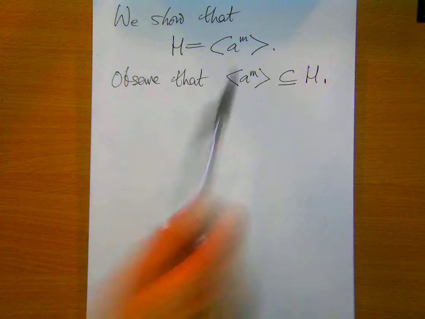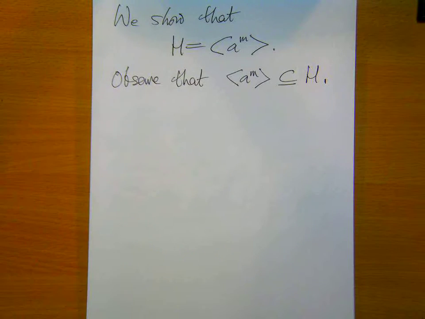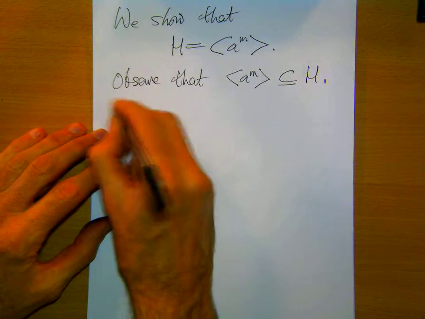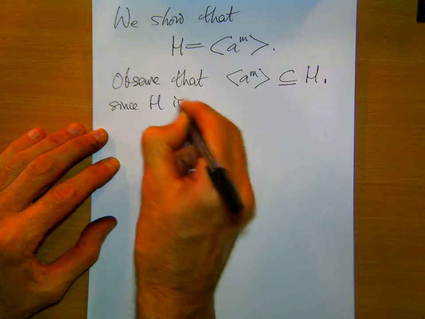So a to the m is in H, so all powers of a to the m are in H, because if I multiply any two elements of H together, I get something in H. If I take inverses, I stay in H. So since H is a subgroup,